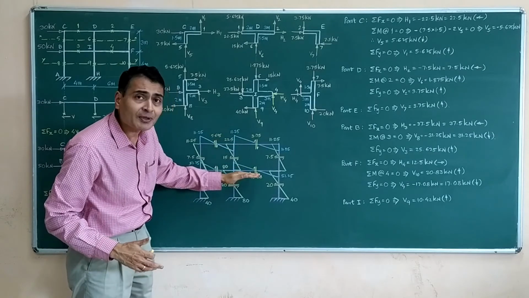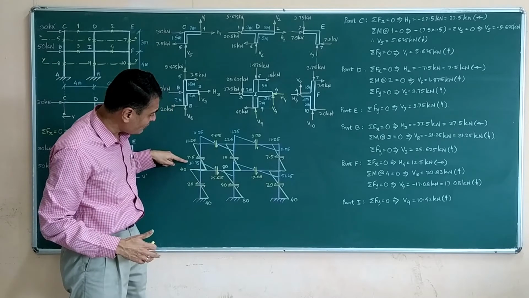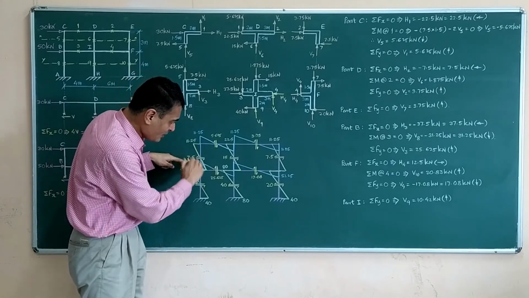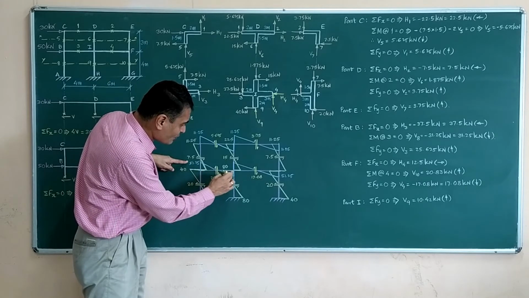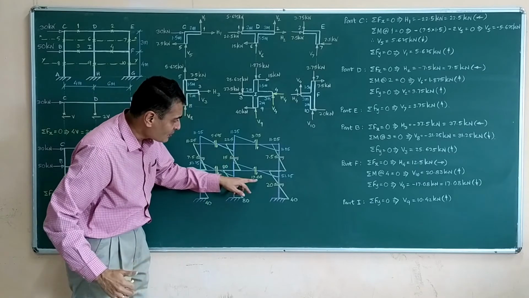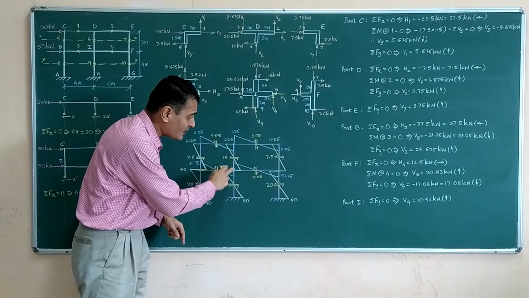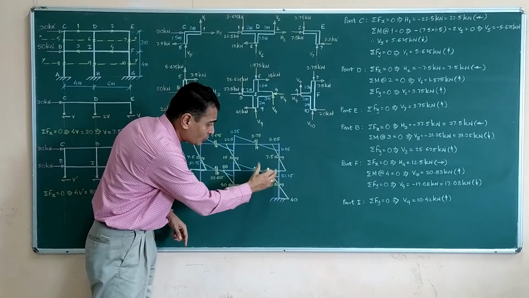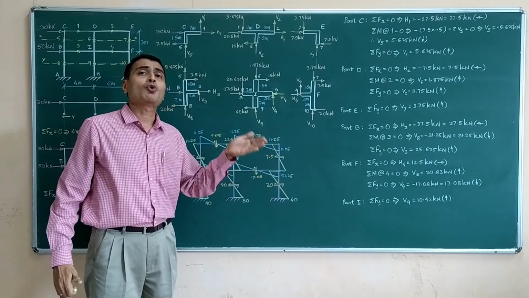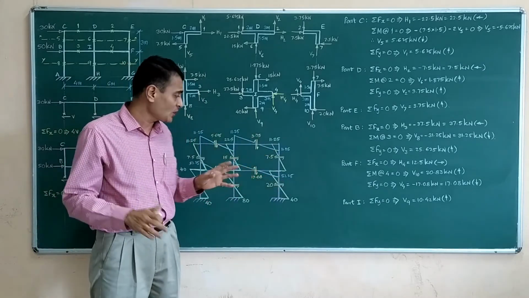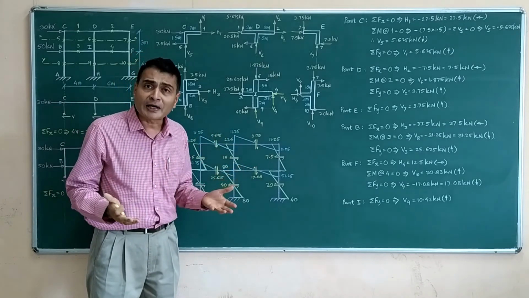When I go to the next level or lower level beam, 25.625 into 2, I am getting 51.25 sagging, and 25.625 into 2, that is again 51.25 hogging. 17.08 into 3, again I will get 51.25 sagging, and 17.08 into 3 hogging, 51.25 sagging positive, hogging negative, linear variation. That is how I simply draw my BM diagram.